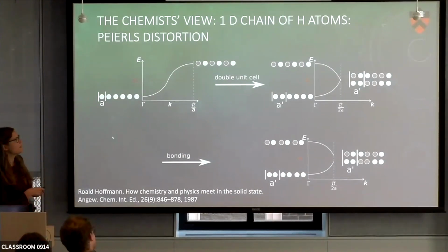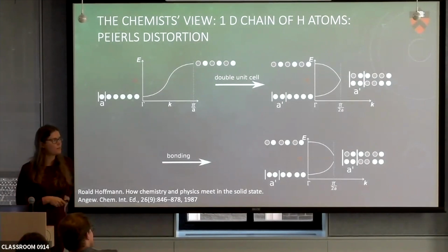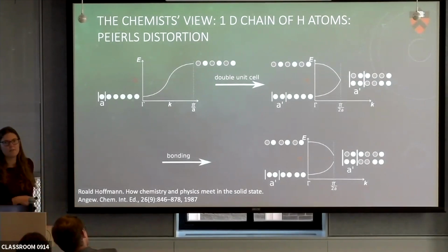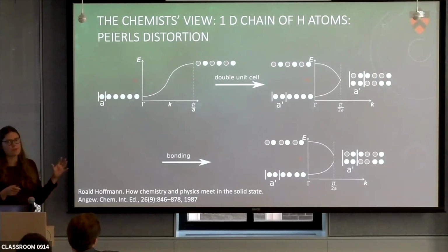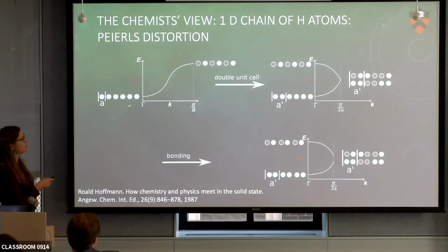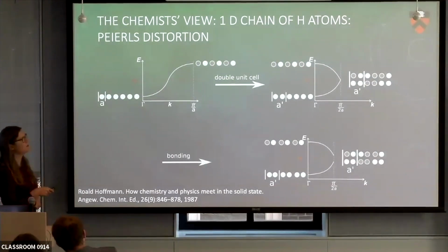Basically, this is a model of a 1D chain of hydrogen atoms, which undergoes a Peierls distortion. You can follow the same models by just drawing orbitals in different colors, since they have different phases. If you put this atomic orbital here with a plus sign, it's white, and a minus sign is black. Then you look at which ones with the same color can overlap. If it's maximally bonding because they can overlap, you have a low energy, and you get a higher energy if they don't.